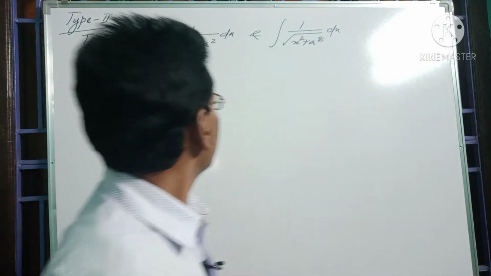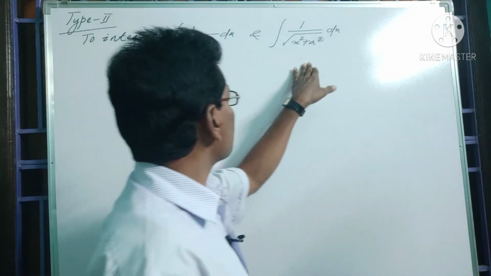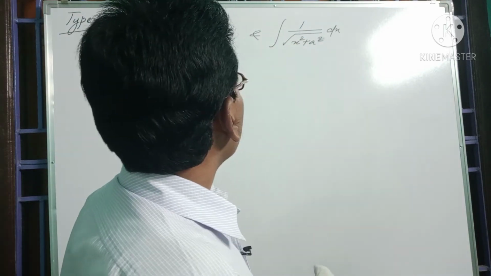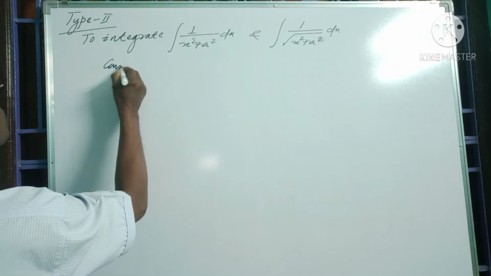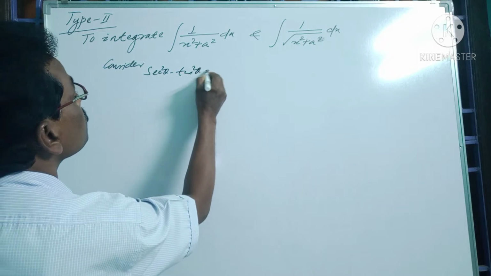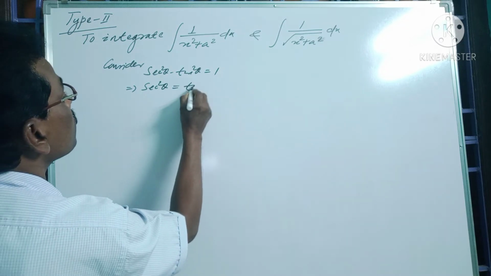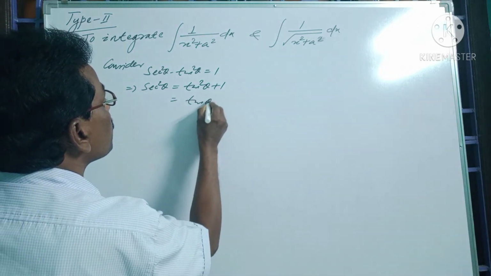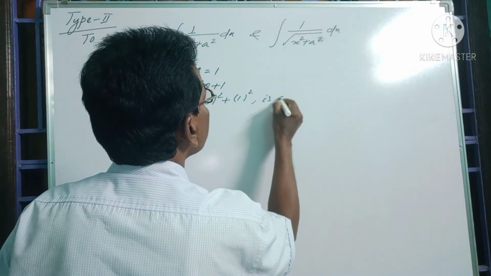Now let us consider the integral of the type, that is integration of 1 by x square plus a square with respect to x and integration of 1 by root of x square plus a square with respect to x. So you need to integrate these two types of integrals. So let us consider the trigonometric identity, that is we have sec square theta minus tan square theta is equal to 1. So simplifying we have sec square theta is equal to tan square theta plus 1, which is equal to tan theta's whole square plus square of 1, which is compared with